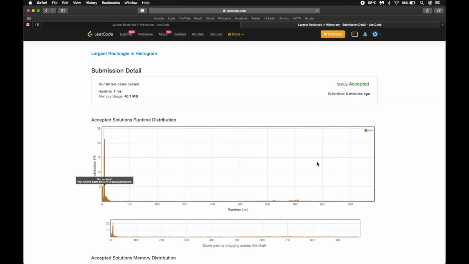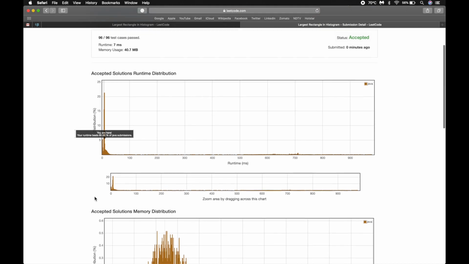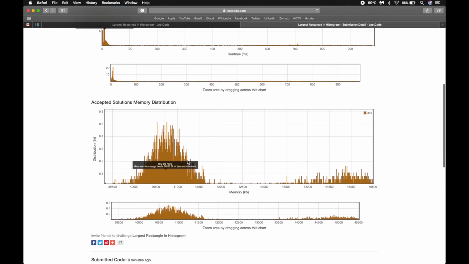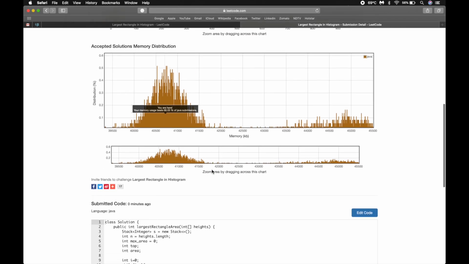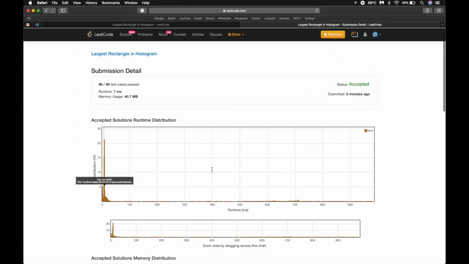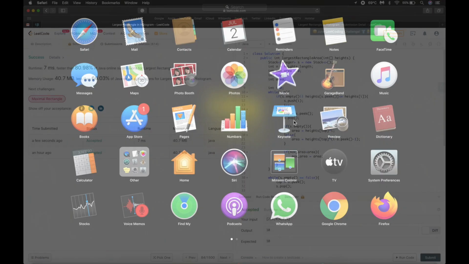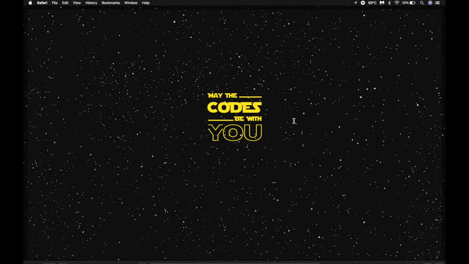So let us see the stats. As you can see, our runtime beats mostly 81% of the Java submissions. Also, our memory usage beats 66% of Java submissions. So we can see the code is very optimized and very good for the question. It is an important question and has also been asked in various interviews. So remember to practice this question on your own and then take our code.